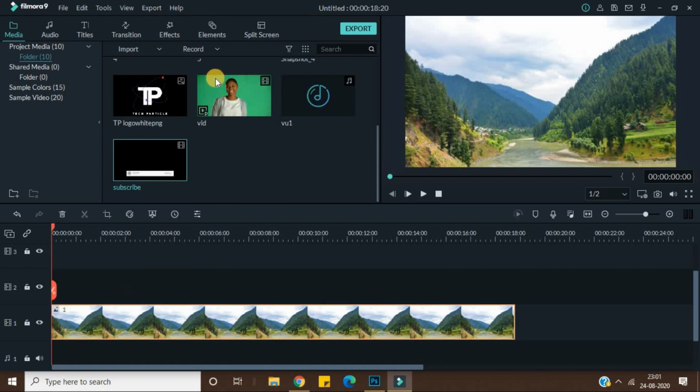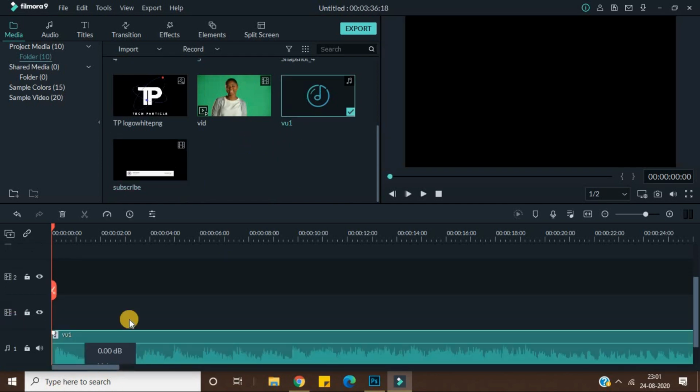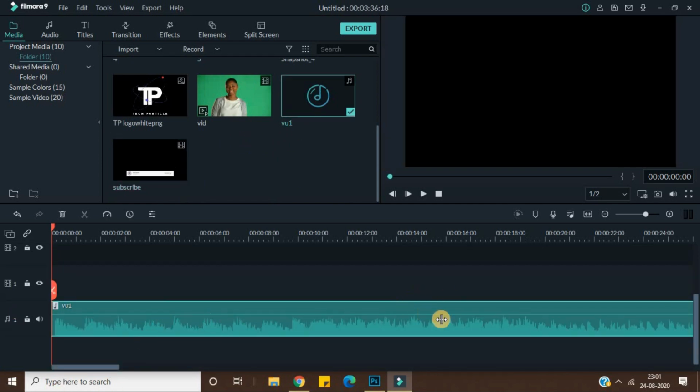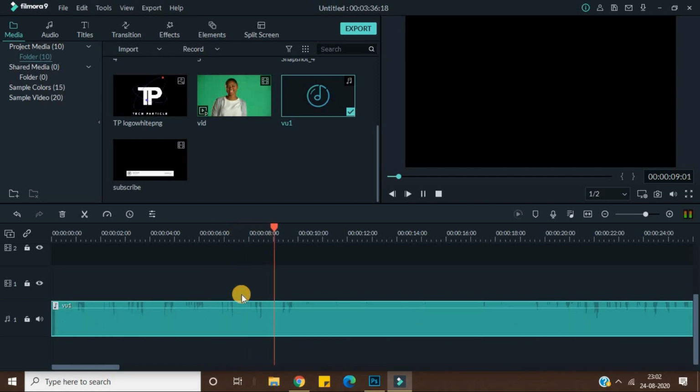Another thing is, let's suppose you have this audio part. You can see the bars for that. Let me play it for you. Now you can see that this audio is a little bit loud. I want to decrease the audio levels, so I can just grab it here and decrease it, and now you can see the volume is down. Or you can increase it very much and the volume will increase so much.